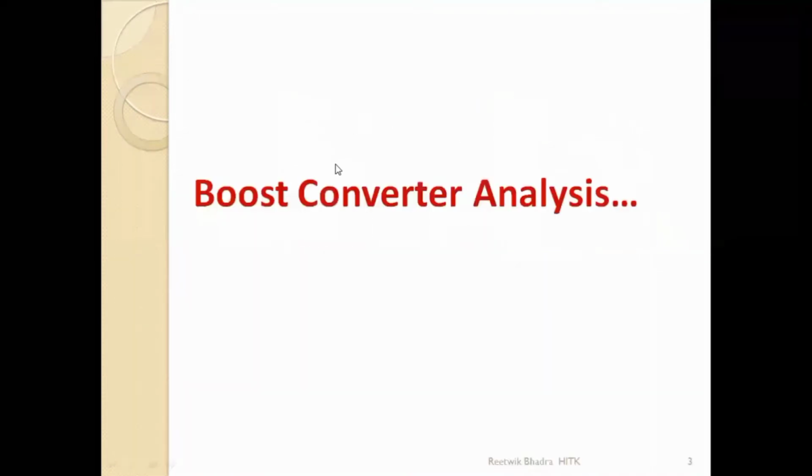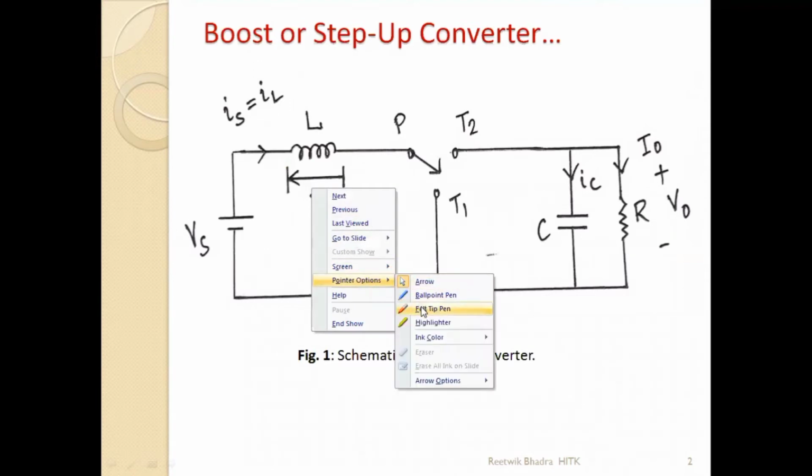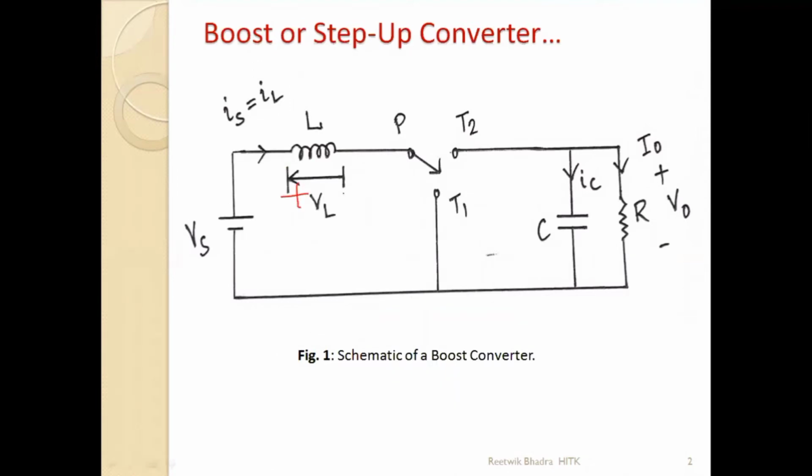Again, like last day what I have told you, these directions of your IS, IL, and the voltage polarities marked in the main figure are all positive. That is, if this side is positive, this is minus. If IC is in this direction, then it is positive. If I naught is in this direction, then it is positive current. So all directions marked in the main figure are positive.